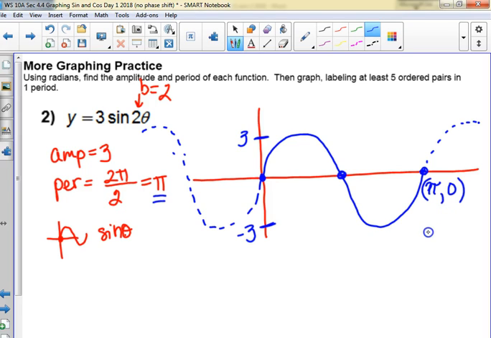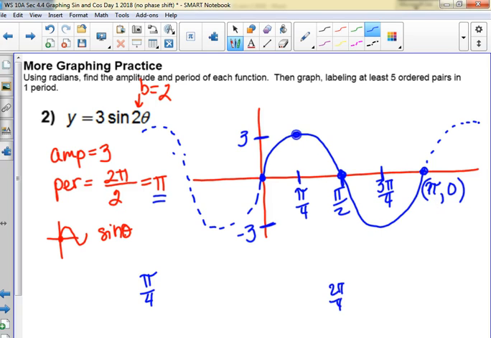Now, quarter points mean you're going to divide by 4. So if you take that period and divide it by 4, all of the points along the way at the maxes and the mins are going to be pi over 4. So this is going to be 1 pi over 4, 2 pi over 4, which reduces to what? Pi over 2, 3 pi over 4, and then 4 pi over 4 is 1. That seem okay with everybody? All